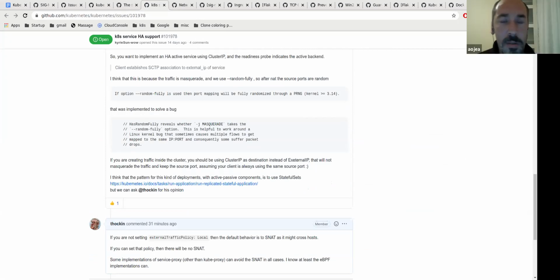Bowie was with me in another similar issue. They have one endpoint active, and when that endpoint dies, you move to the other endpoint. In that window, conntrack is not able to detect that the endpoint went away, and they keep sending to the same backend.